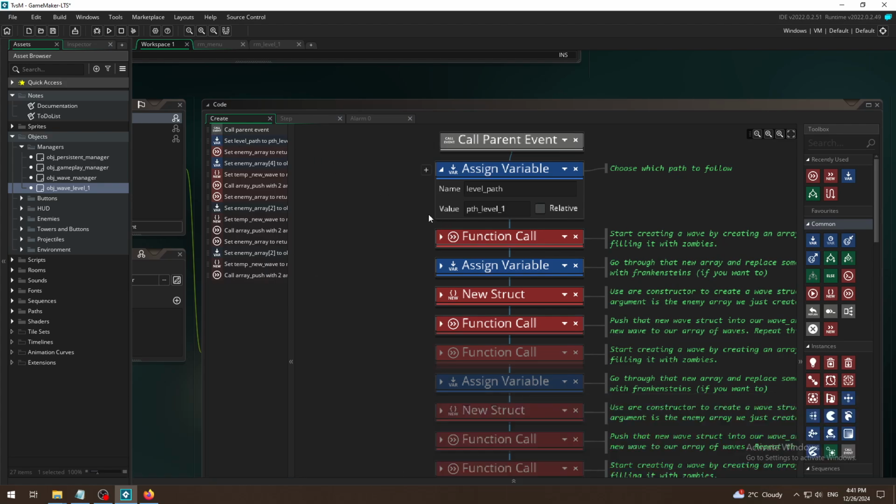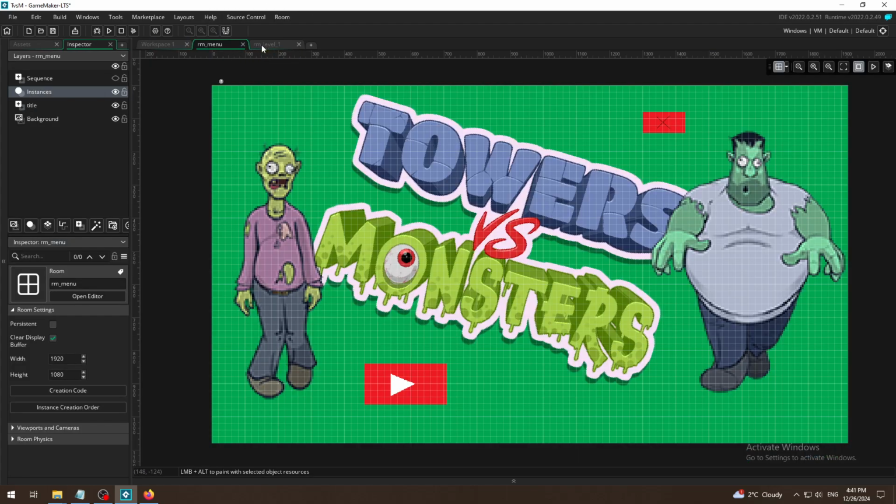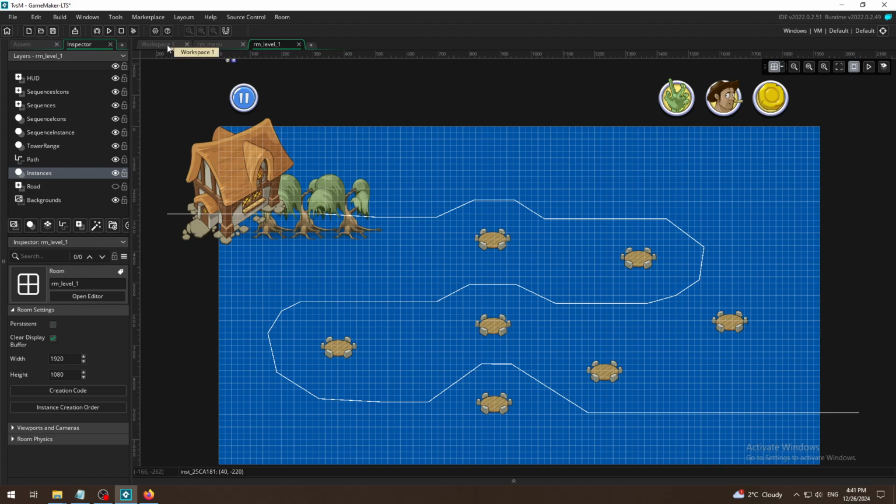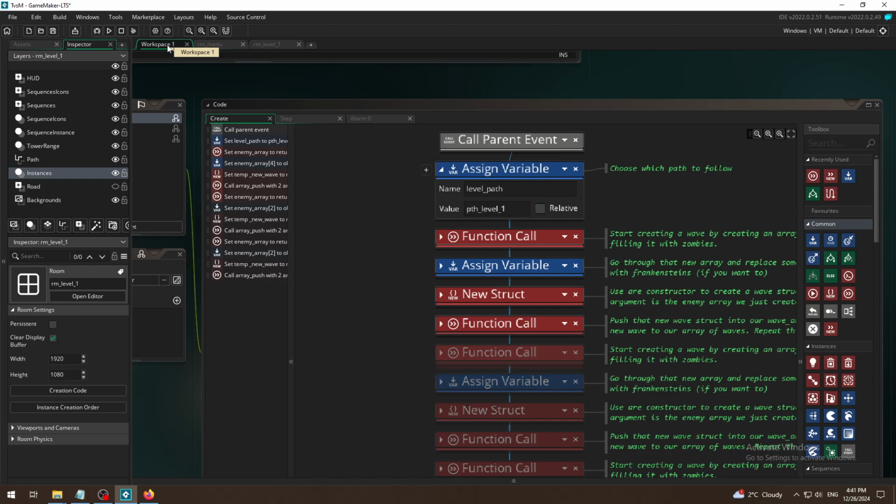You would want to do that, for example, if you have a game which has more than 1 level. On the first level I want to have only 1 wave to teach the player how to play the game, like some kind of tutorial to show him the easiest enemies, so he can learn how to buy towers, how to kill the zombies and so on. So that would be easy and fast. And the second level would be 2 waves, third 3 waves and so on. So you would do it like this, just disable the